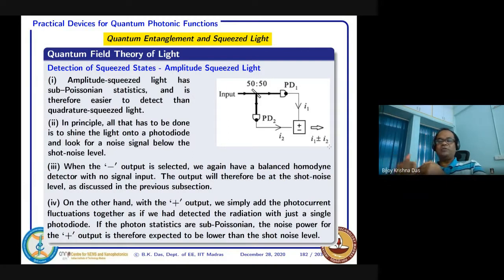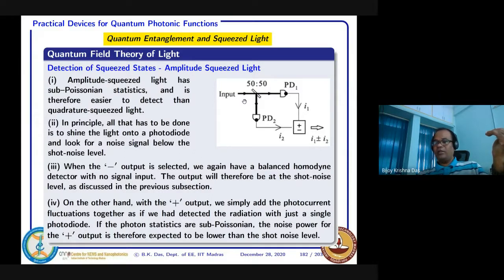Because I1, I2, they are 50-50. Normal power is coming 50-50. But anything up and down is there, so it will go to either photodetector 1 or photodetector 2, and those appear like shot noise. Is that clear? Yes. Whenever I am measuring I1 minus I2, you are measuring the shot noise, because you are dividing and they are 50-50. In principle, they are subtracted, right? But the shot noise will exist and they are uncorrelated, so that will appear here.